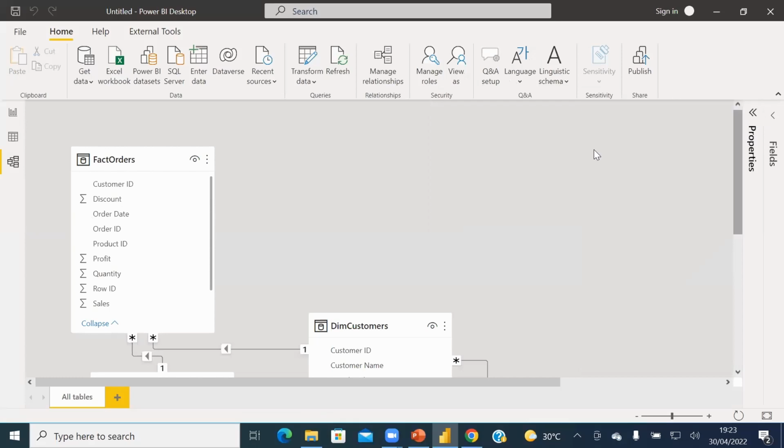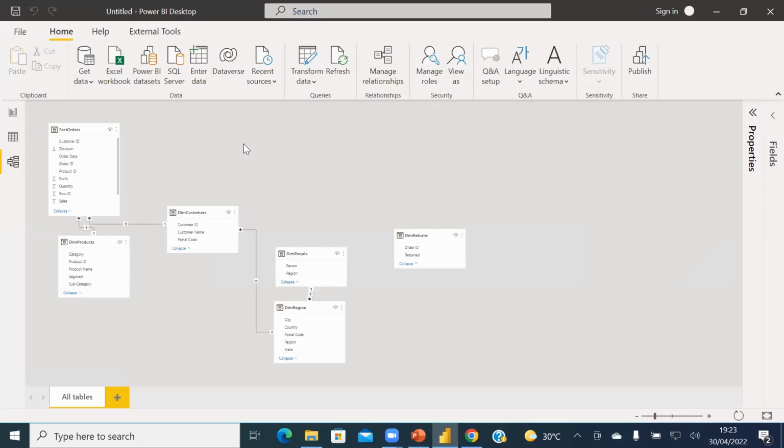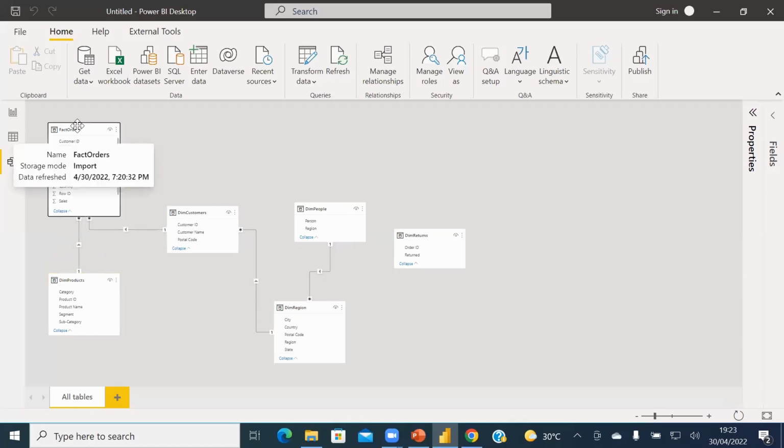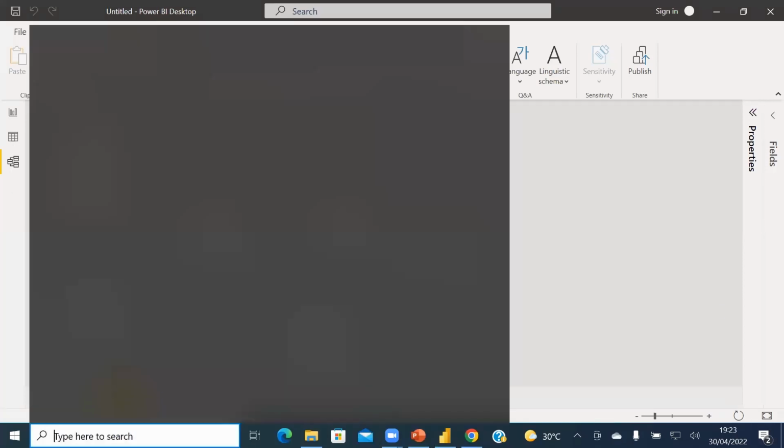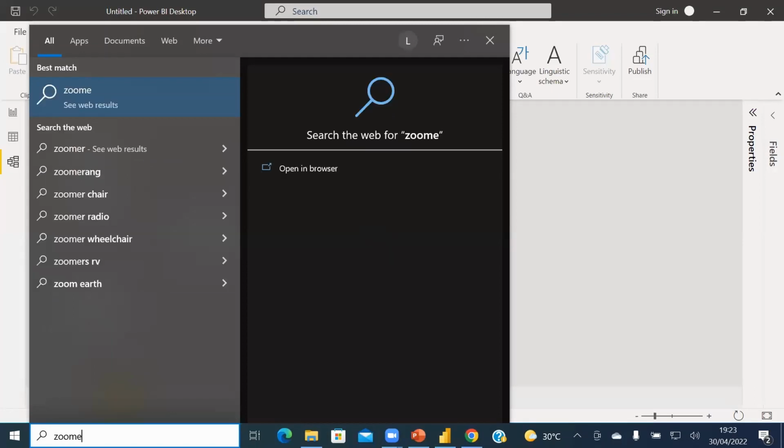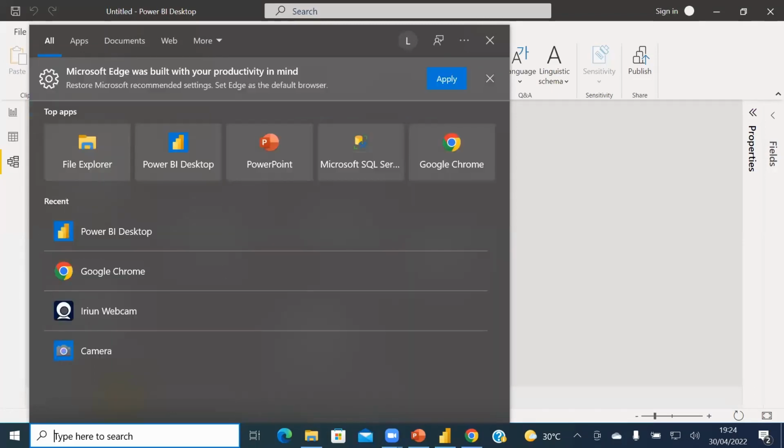So you can minimize this, and if you click on fit zoom here, you get to see what your data model looks like. So Power BI has been able to look at the data I have, right, and create a model for me. Power BI is telling me that my products table, let me shift this down a bit so that you see it. Power BI is telling me that based on what I have created, this is the fact orders. Let's see if we can zoom in a bit. Okay, we can do that with this.